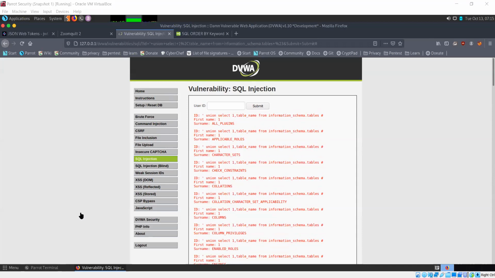You are able to basically see everything that is in the database. So SQL injection, if you find that a website is vulnerable to it, you could possibly extract a lot of sensitive data from there.